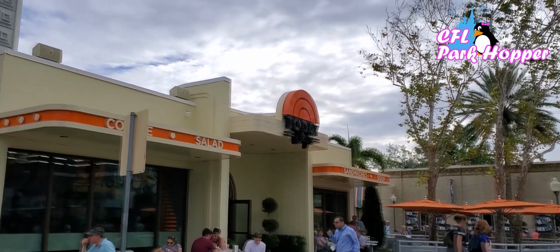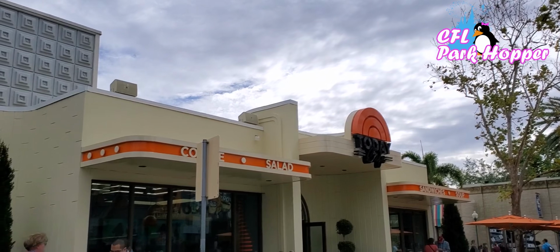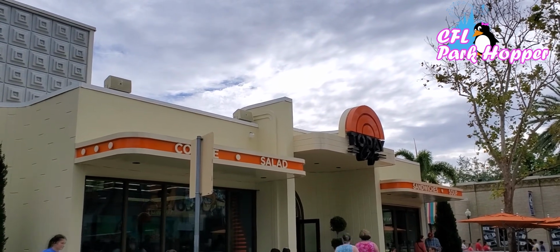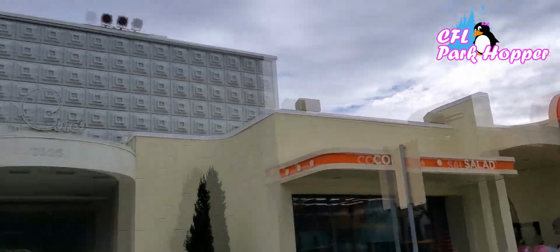that are new. The Today Cafe has just opened in the last year. It's not even a full year open yet. And it is a wonderful place to eat. They have amazing desserts. They have great sandwiches. It's good for breakfast, lunch, or dinner. So if you have not been and tried the Today Cafe, give it a try on your next Universal Studios